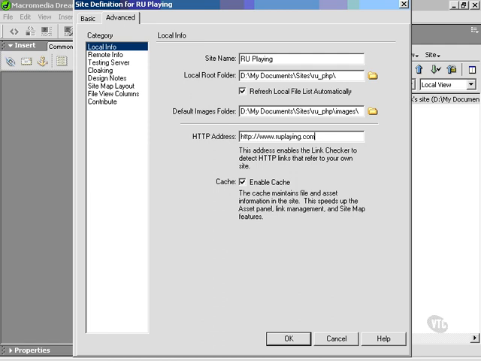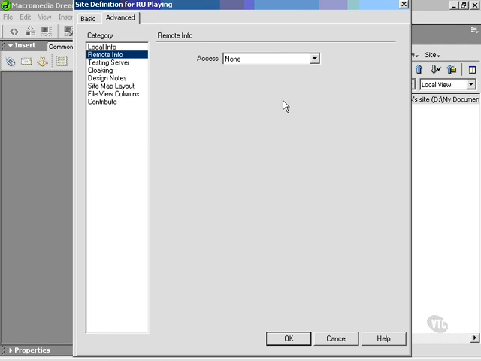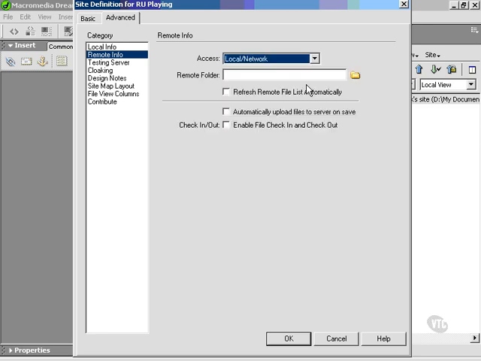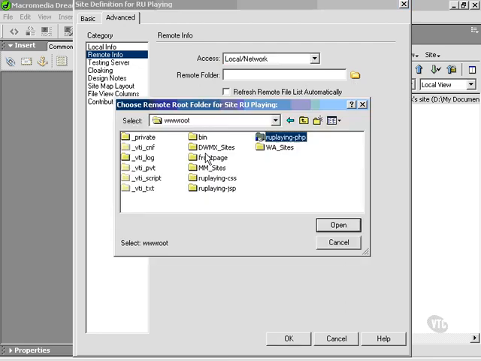Having entered all the details for the local site, we'll now do the same for the remote folder. The remote folder is where you store files for testing, collaboration, production, and deployment. The first step is to select how you want to move your files to and from the remote web server. For this site, I'll choose Local/Network, and then browse to locate the Are You Playing folder that resides inside the